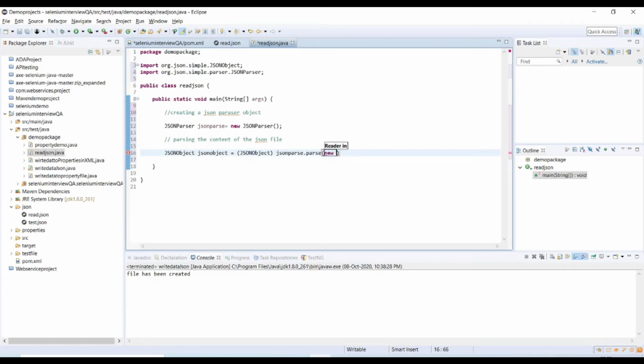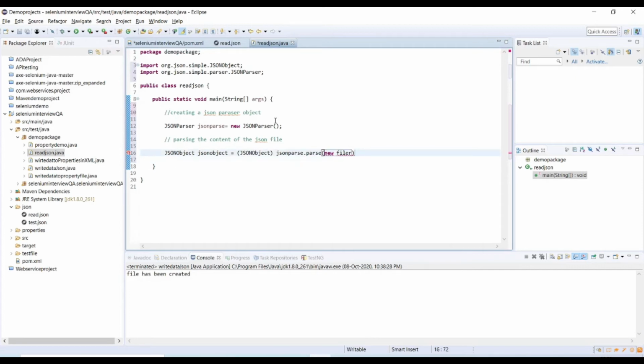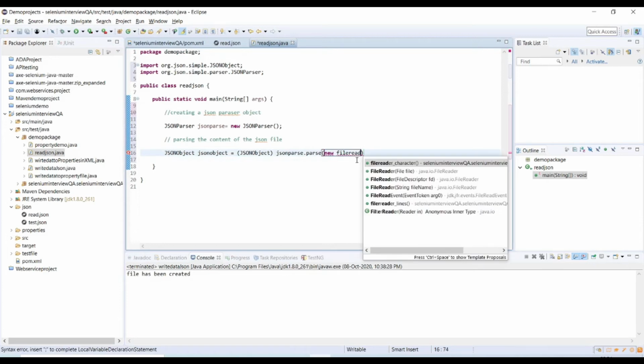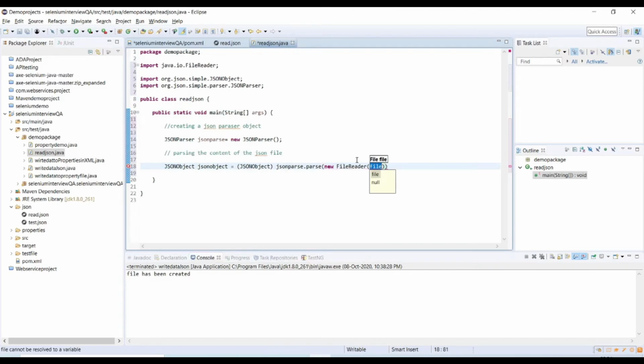So for that, I'll create a FileReader, java.io FileReader, and here we need to provide our file location. My file is under the JSON folder, which is read.json.